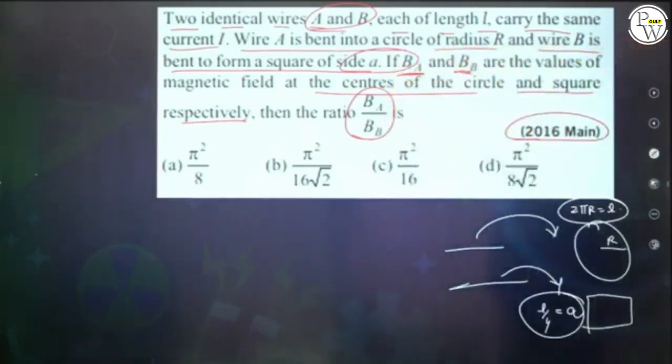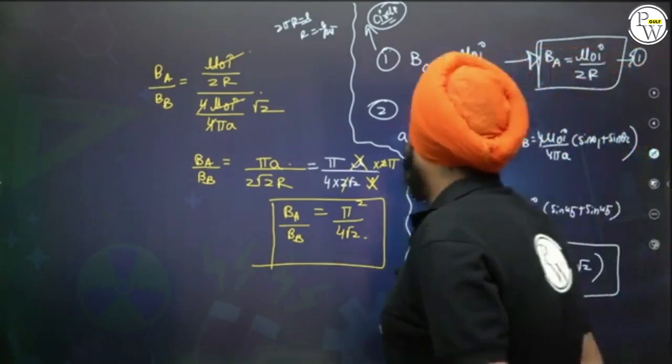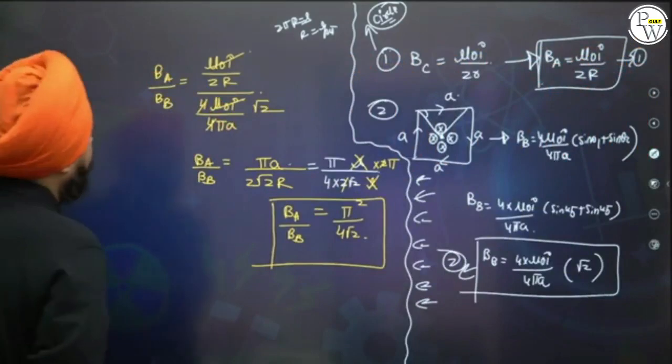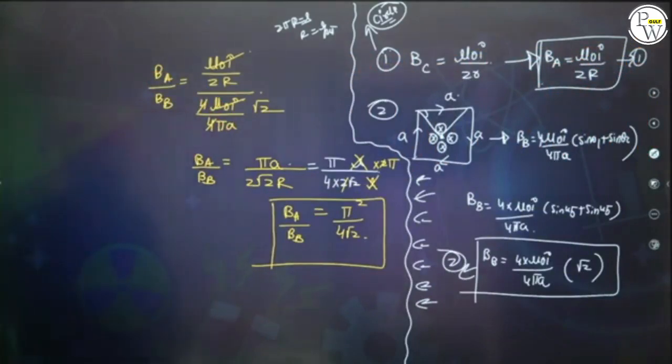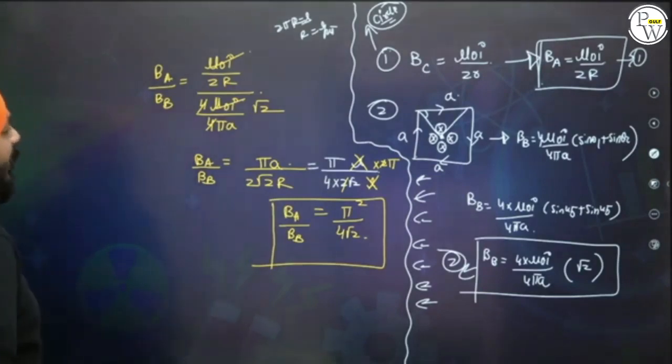I think we did a mistake somewhere. Pi square by 8 root 2 is coming by 4. Somewhere we have done some kind of mistake. Mu 0 I whole divided by 2r. It is a circle, it means it is a circumference, so it's L by 2 pi. Mu 0 I by 2r at the center. 4 mu 0 I by 4 pi a. So it is,